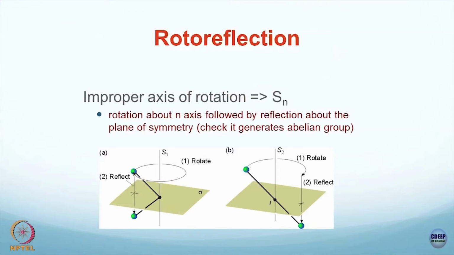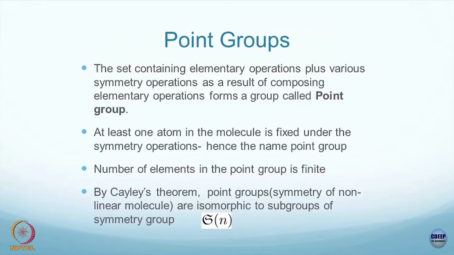Okay. So, now that I have given you some flavor of how the atoms can be distributed in a molecule which has some kind of symmetry structure, which you can call molecular symmetry, we will start looking from the group theory point of view at what we studied earlier. The set containing elementary operations. Elementary operations could be rotation about the principal axis, or reflection about the planes of symmetry. Okay, so, those are elementary operations,